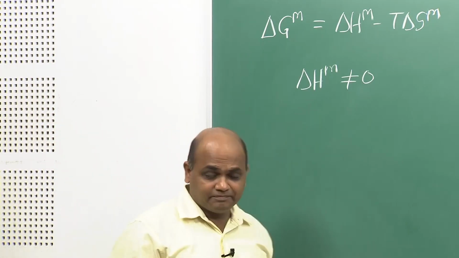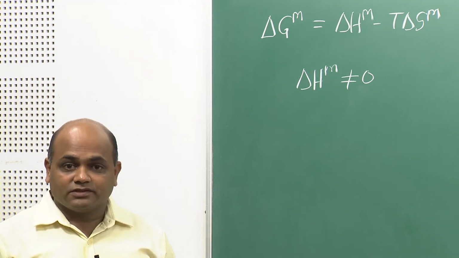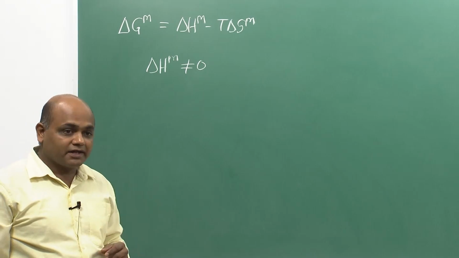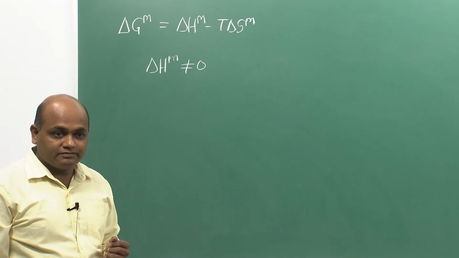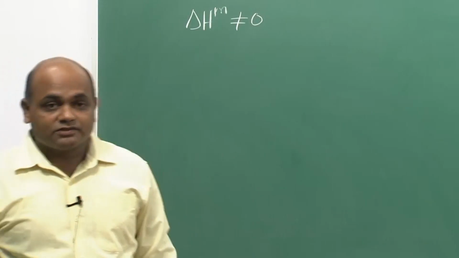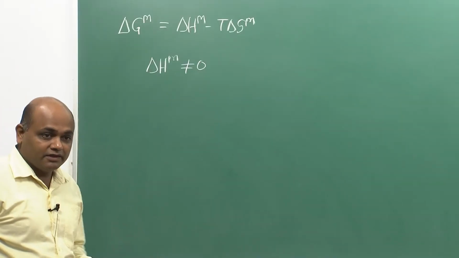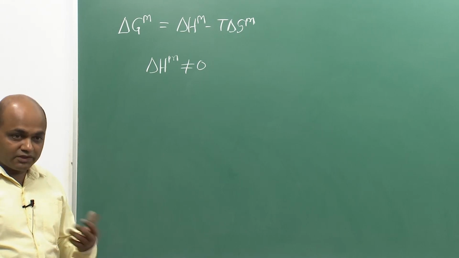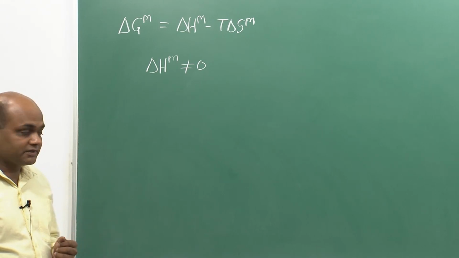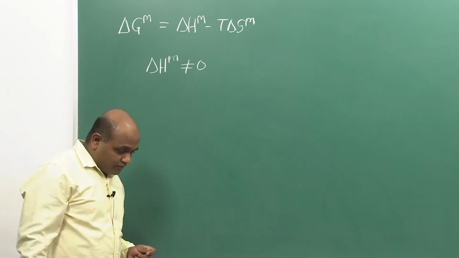Why would it happen? Because of the interactions, because AA, BB and AB interactions are different, and when we replace some of the AA and BB pairs with AB pairs in the solution, there is a heat effect. The potential energy changes, so the enthalpy changes. Now, when this is so,